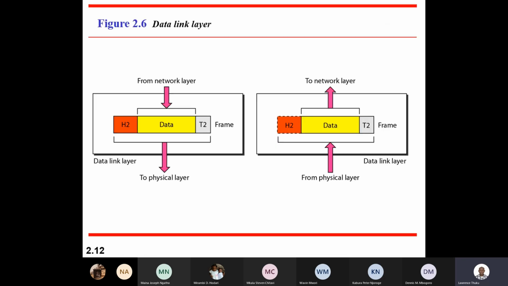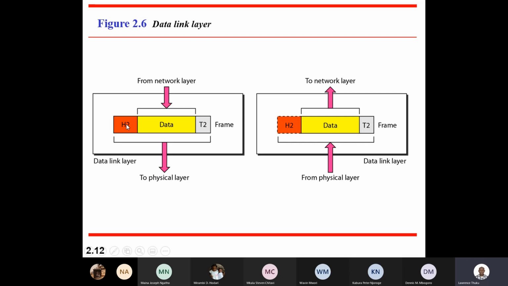Now, the data link layer uses what we call a frame, okay? In the physical layer, we normally use what we call bits. In the second layer, we also have what we mean by a frame. So a frame here has different kinds of components in it. Okay, it has, for example,